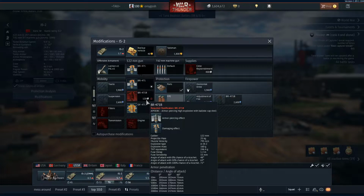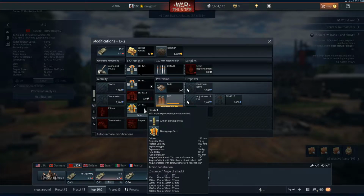Overall, the HE does get much better over the IS-1 with 45mm of pen at 10 meters on 0 degrees. Overall, I would recommend you load at least 3 of these rounds, maybe 2 of them if you're a bit worried about getting ammo racked. Generally though, I wouldn't advise taking them anyway, simply because you do have your 24-second reload, and generally you want to load a round which could pen any possible target that you can come across, since low armoured vehicles you can hull break with your normal